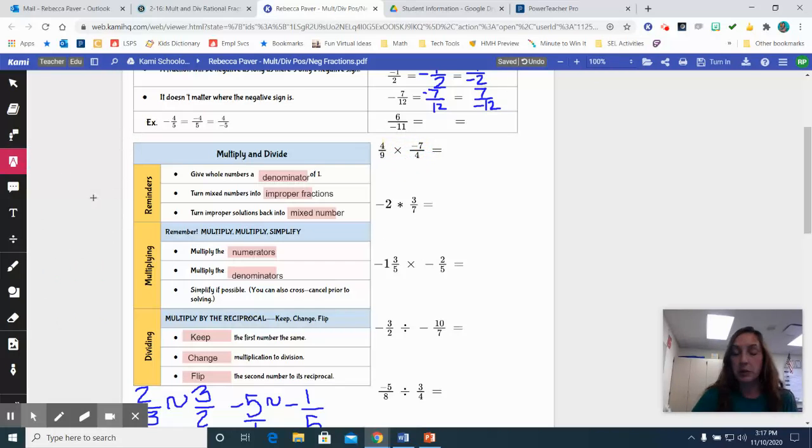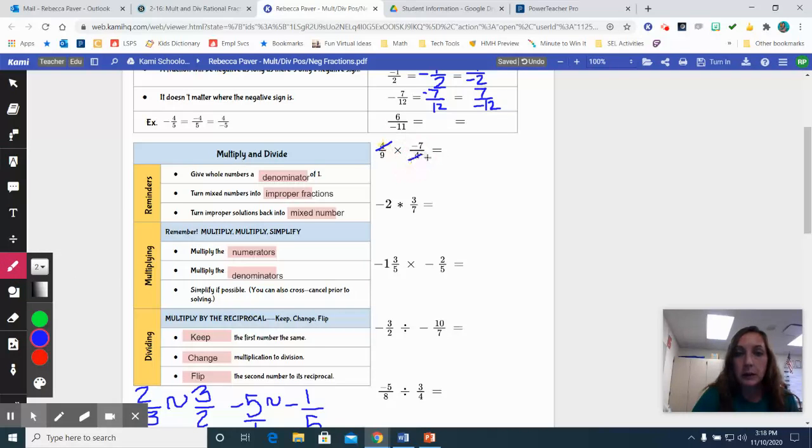I don't want to circle this with the marker because that just makes too much stuff on the page and it gets all messy. But the numbers going across diagonally from each other, if they share a common factor, you can divide both of those numbers by the common factor to reduce before multiplication. So here I see 4 and 4, and this is a gem. Whenever the numerator and the denominator that are opposite of each other are the same number, that is the greatest common factor. 4 goes into 4, so we could divide them both by 4,